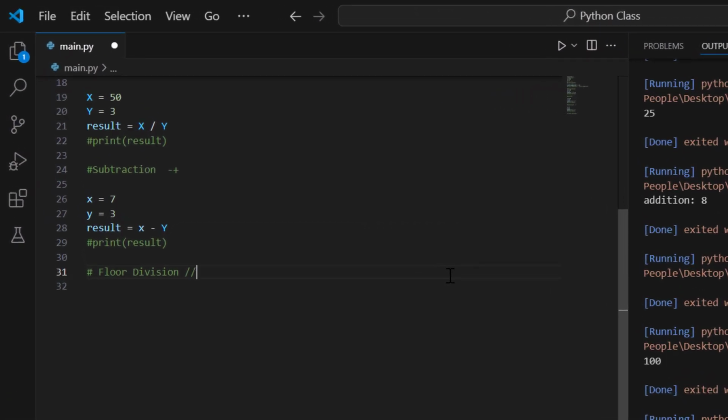That is the floor division. If you want to use it, this is how you write it. This one is only a single slash, if you look at it here at the top, but this one uses a double slash. So, as an example of that, you say x is equal to